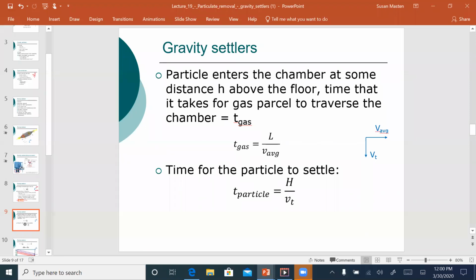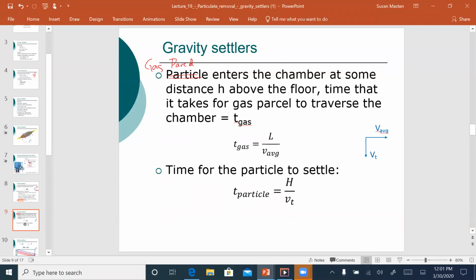Now, we're going to make an assumption here. We're going to think about a particle entering the chamber at some distance above the floor, and really a parcel of air. So let's change this to parcel. This is our parcel of air. Our gas parcel of air enters, and it's going to take time for that parcel of air